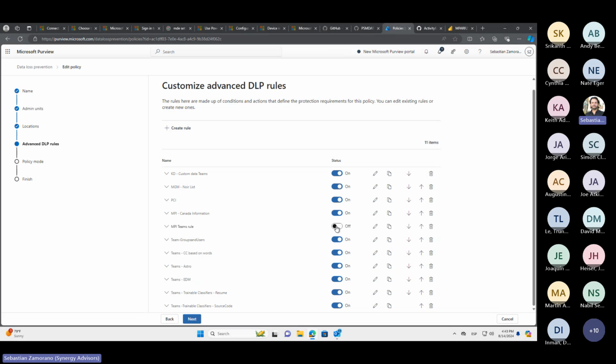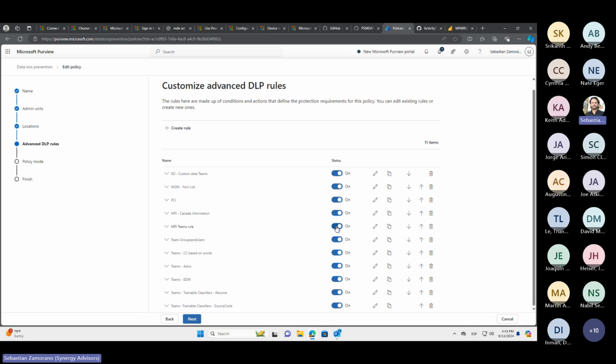at least on Exchange, it normally can take around 10 to 15 minutes. You will still be receiving alerts for those false positives for the next 10 to 15 minutes after you turn it off. In the case of Teams, there is some improvement on the times. I was viewing that it's running very quick, but normally it's around 1 hour. On Endpoint,